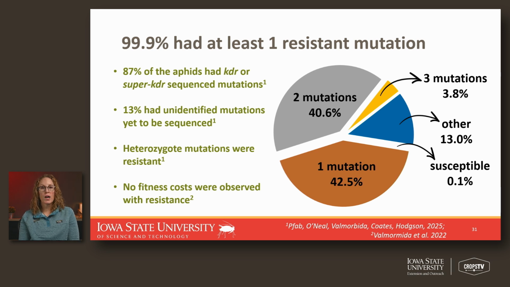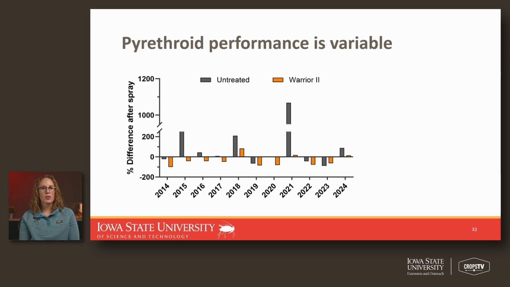That means there's no consequence. They're not smaller, it doesn't shorten their lifespan, and doesn't reduce the number of offspring that they can produce. And remember, soybean aphids, if an individual is resistant to pyrethroids, immediately her daughters and granddaughters are resistant as well with no consequence. I asked Ashley Dean to summarize some pyrethroid performance data from our evaluations over a 10-year period